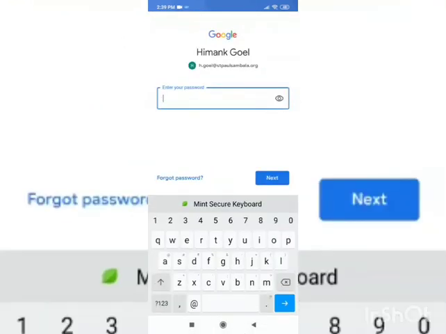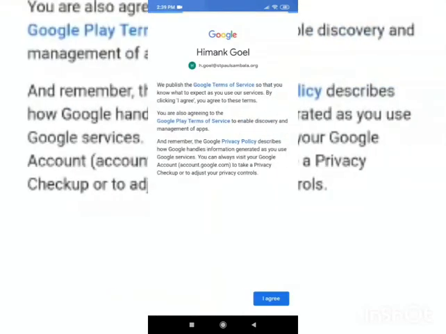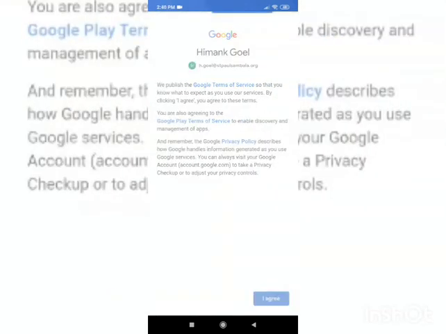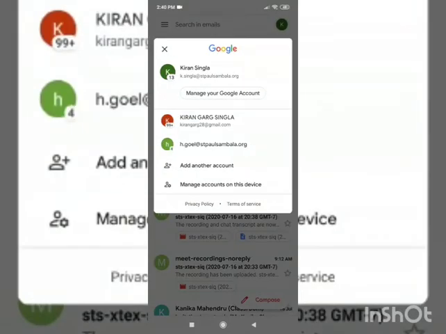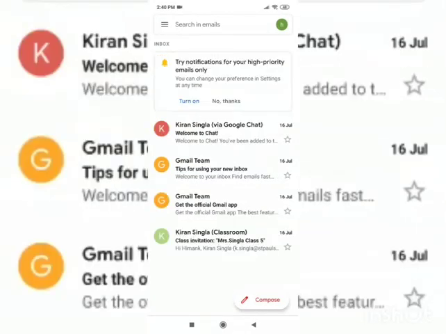Then you have to enter the password 123, then next. Now click on I agree. Okay, so your account is created. See here, h.goel St. Paul's org is showing. Now what you have to do, click on that.